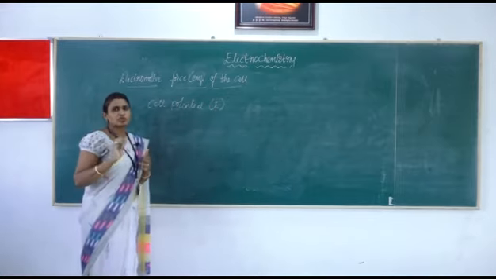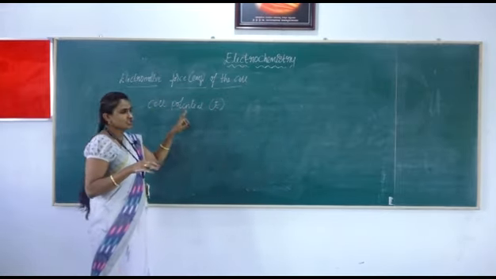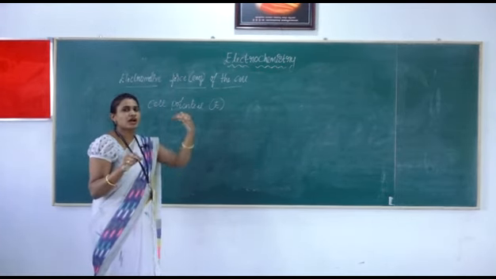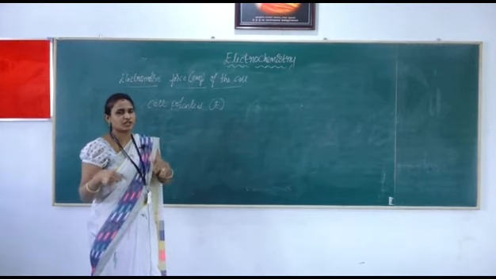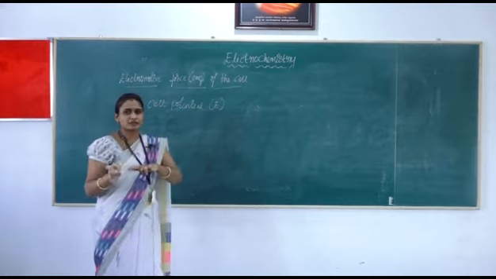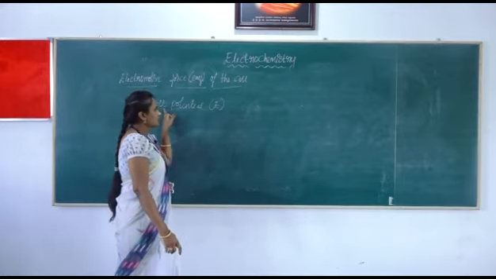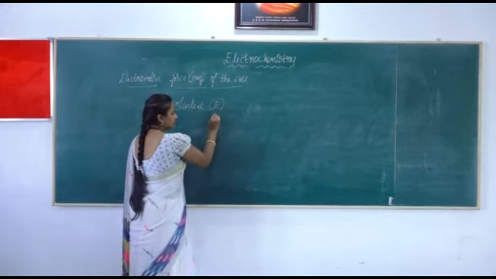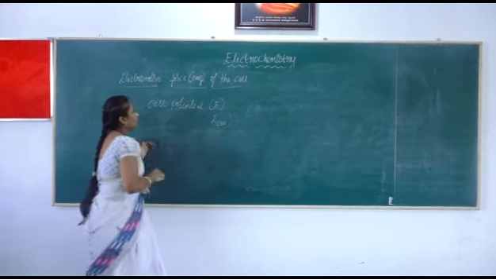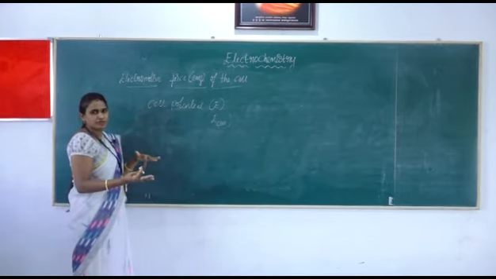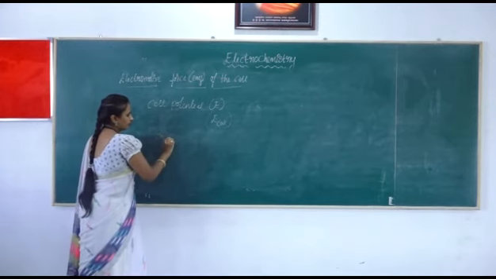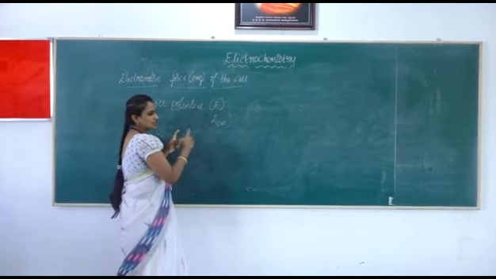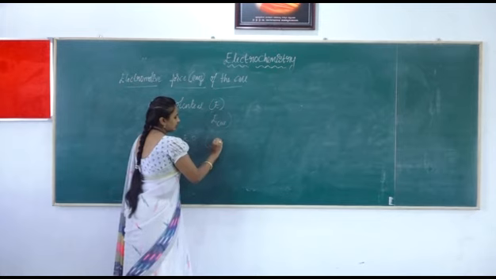This is also called the electrode potential. Electrode potential means the flow of current from one electrode to another, from higher potential to lower potential, anode to cathode. This is called the cell potential, denoted with E cell, E as well as E cell. Your electrode potential is also defined in the standard form. Standard electrode potential as well as standard cell potential is denoted with the letter E naught